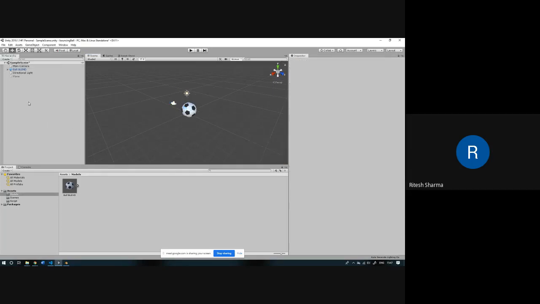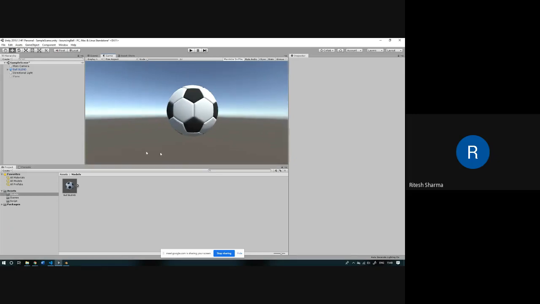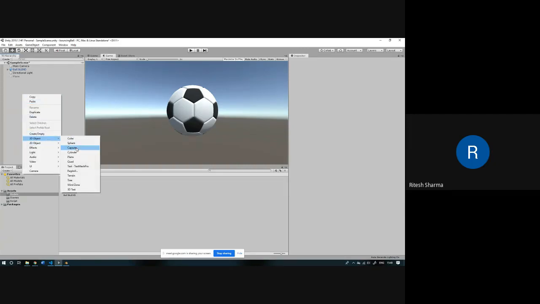Then the next thing we want is to get the idea of a 3D space. We would want a certain plane to be there. We don't want it to be just a sky and then nothing underneath it. So we want to cast its shadow as well. So what we'll do is right click in the hierarchy section, go to 3D Objects and select a plane.